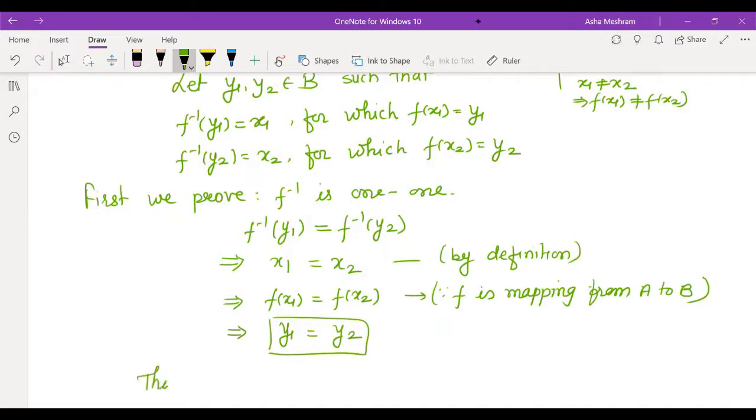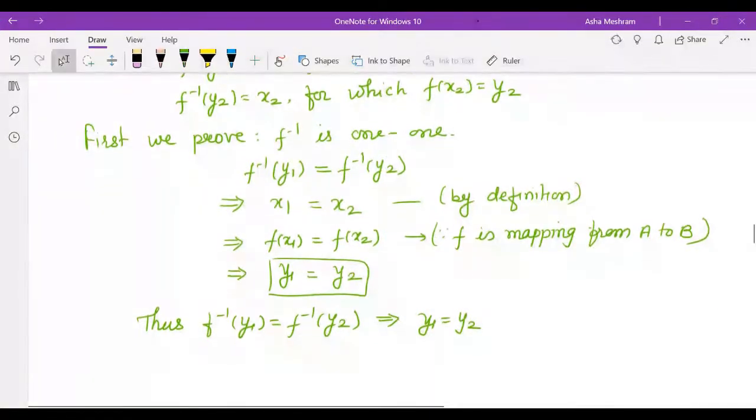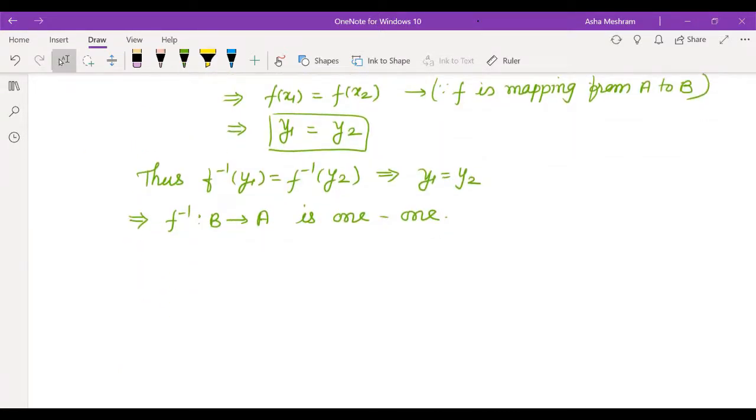So thus f inverse of y1 is equal to f inverse of y2, which implies y1 is equal to y2. If images are equal, then their corresponding elements, the pre-images, are also equal. So this we have proved, and this implies that f inverse mapping from B to A is 1-1. Okay, now we have to prove next